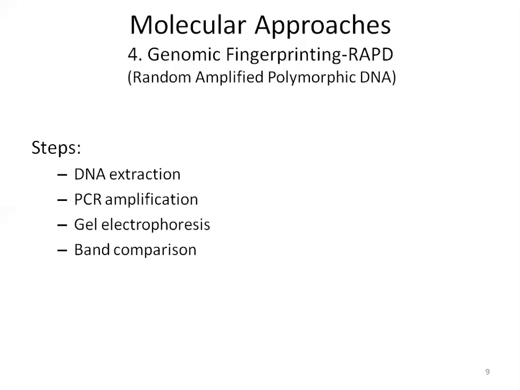And then you will perform gel electrophoresis. Again, you will perform the agarose gel electrophoresis. We have studied this procedure in detail in the RFLP. And then after gel electrophoresis, you will compare the bands. So the difference between these two techniques is that in RAPD, you will amplify the DNA by using the specific short oligonucleotide sequences, that are the primers, to amplify the specific sequence.